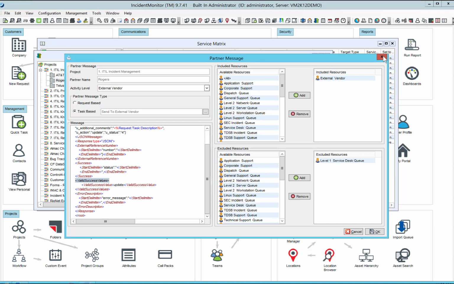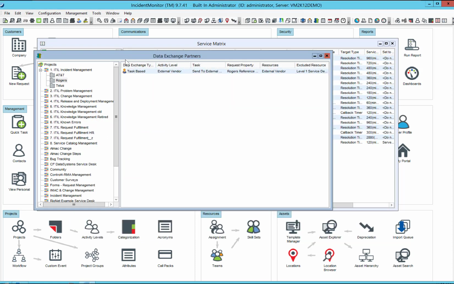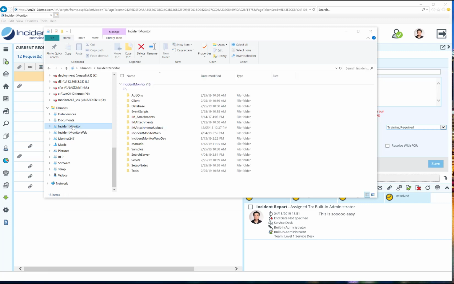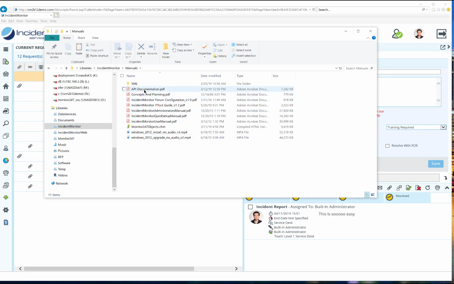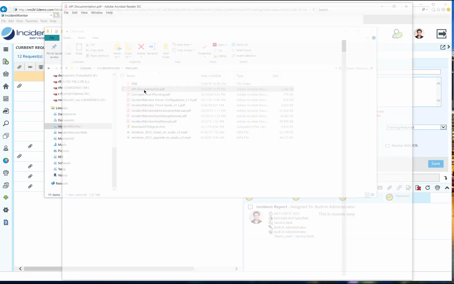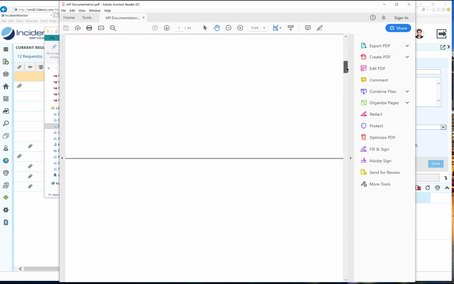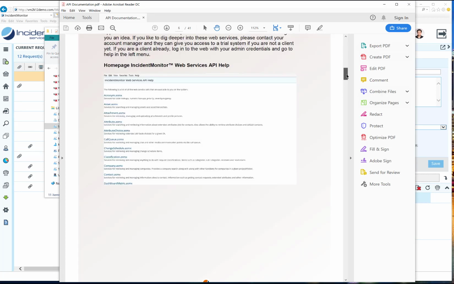Okay, so where do we find all this great detail of information? The first place we're going to go is to the directory, to our IncidentMonitor install, and if we go to manuals, we have API documentation. This has got all the details. This doc will have all the details of our web services